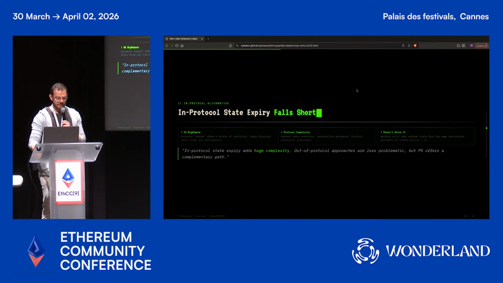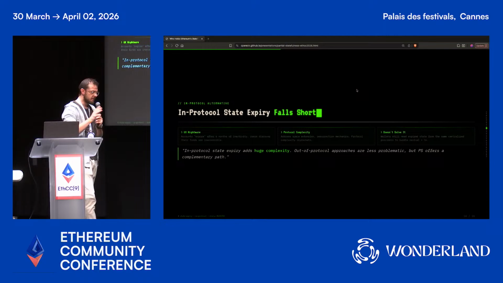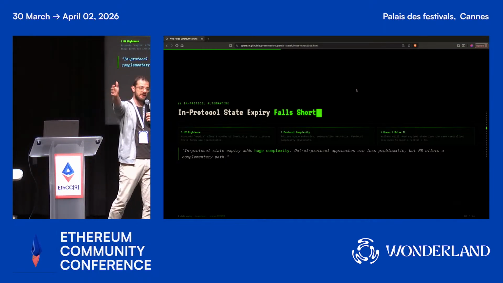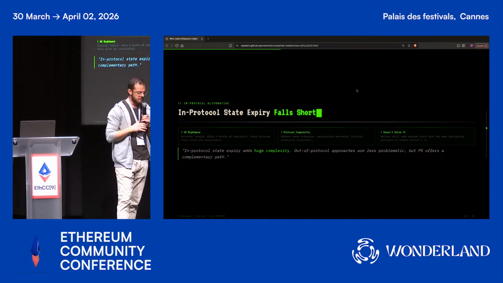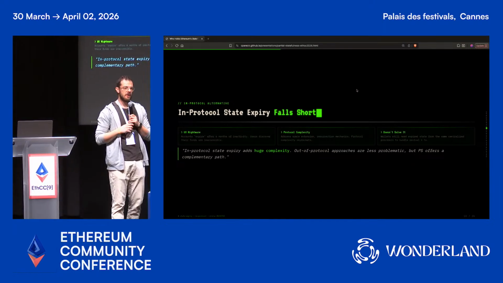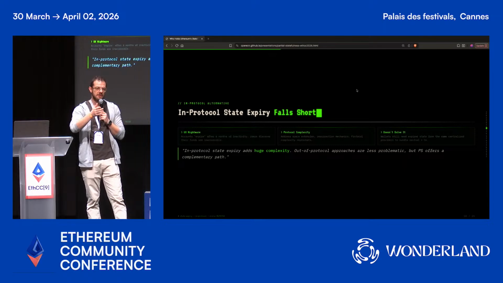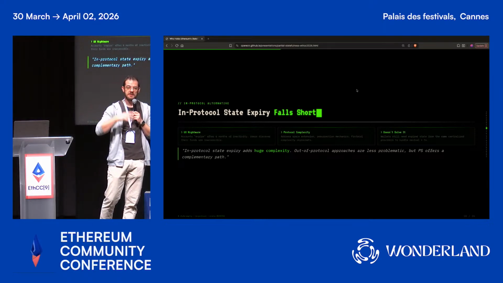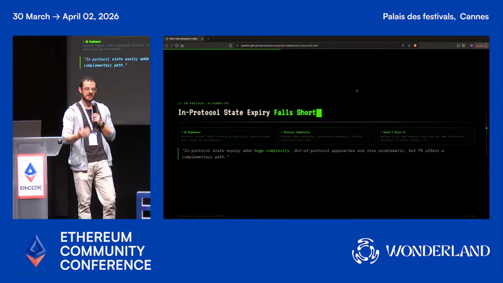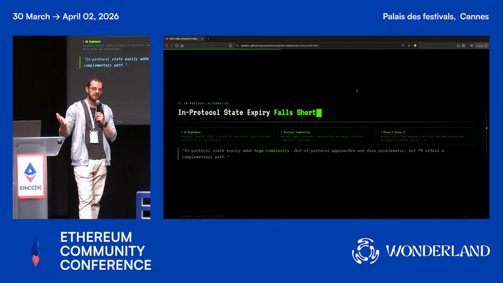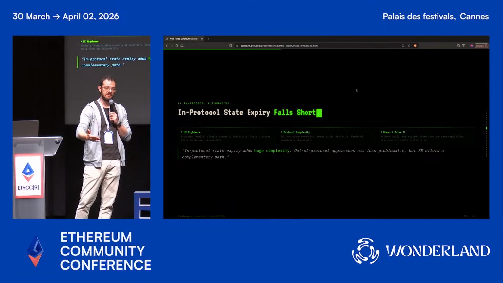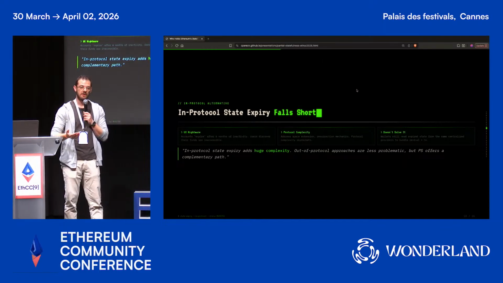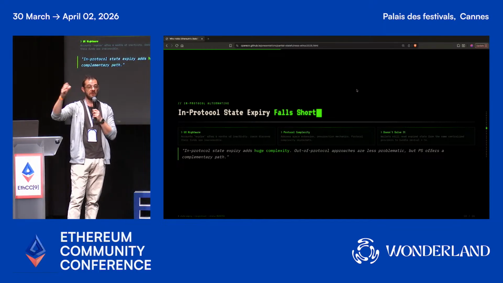And so I just wanted to briefly mention that there's a lot of people that think about state expiry being this solution that will basically save us all. But I will put a really quick example here. What happens if you are a user and your balance has basically expired and you want to make a transaction? What do you think the RPC or the wallet needs to do in order to allow you to revive this and actually use it? Well, what they are going to do is they are going to hold the expired state